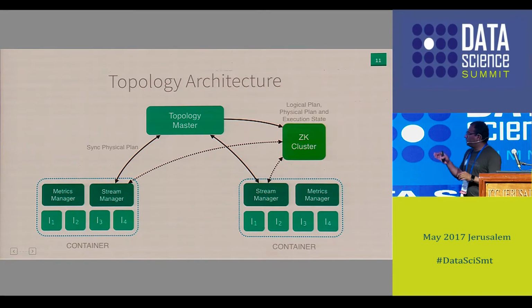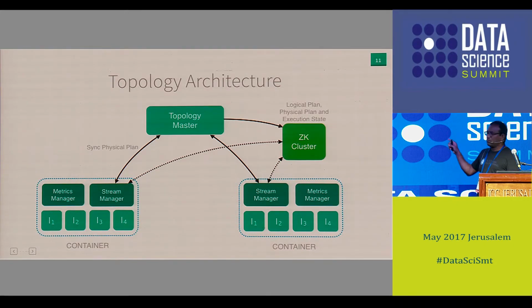The first process that gets started in the container is called the stream manager, and the stream manager is the representative of that container. The first order of business for the stream manager is to discover where the topology master is. To do that, the stream manager looks up the Zookeeper cluster, which is a distributed synchronization component.